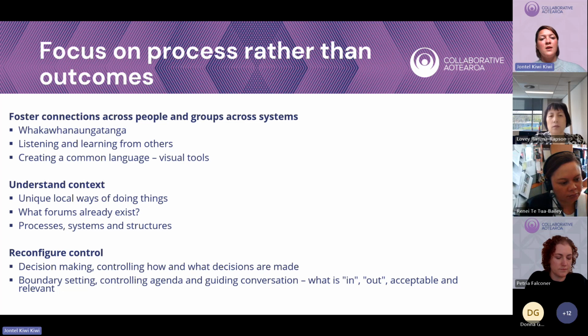So oftentimes when we're trying to flatten a power dynamic, what can be the driver of that polarity and the power is that there are people who are very well versed at a certain language, using jargon and terminology that's not understood by everyone in the room. And so creating a common language for everyone to be able to speak from the heart and from the same place and have it meaningful is really important. And visual tools are a really great way of being able to do this.